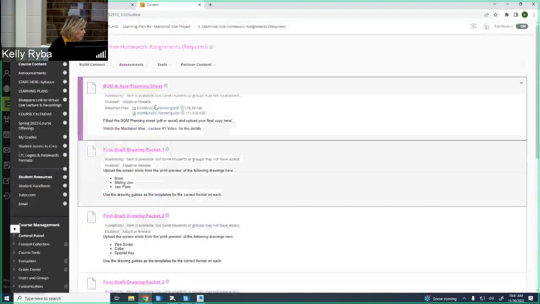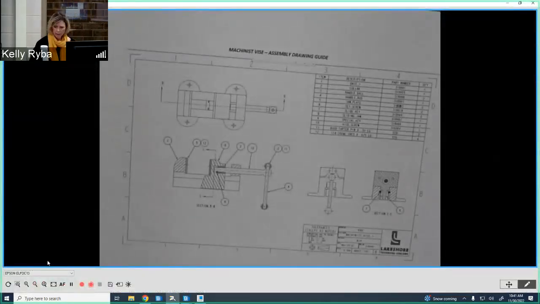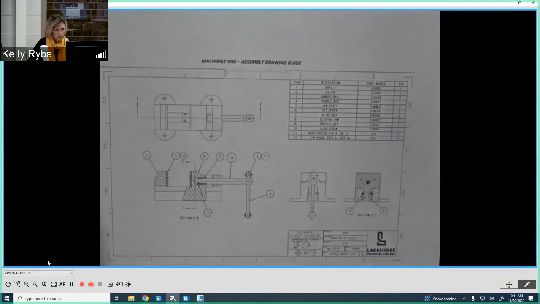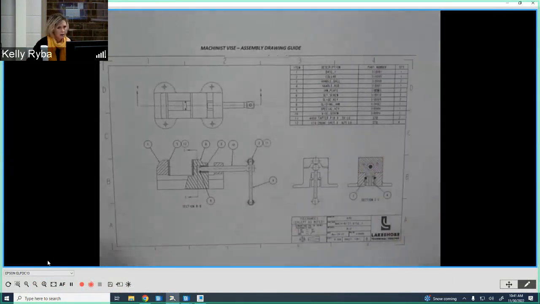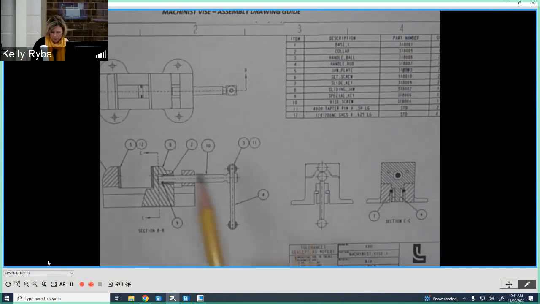Now, I am going to go underneath my camera here, and we're going to start by looking at our assembly drawing, okay? And I might as well go over the assembly drawing first, because as long as I have it up here. So number one, as we look at our assembly drawing here, you're going to notice there are two